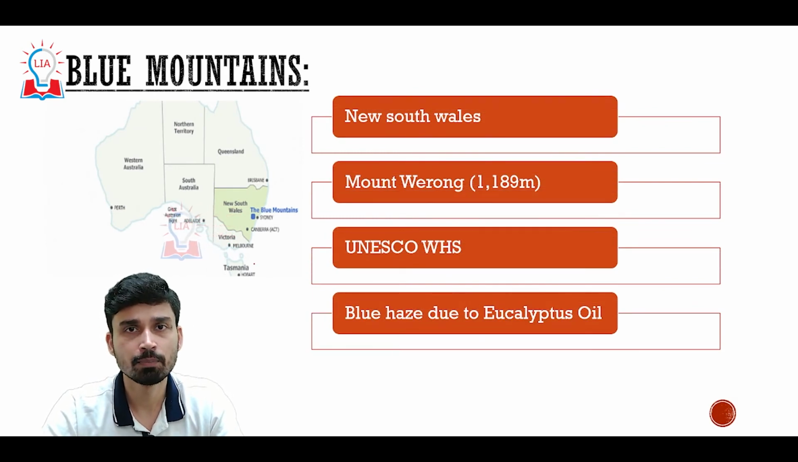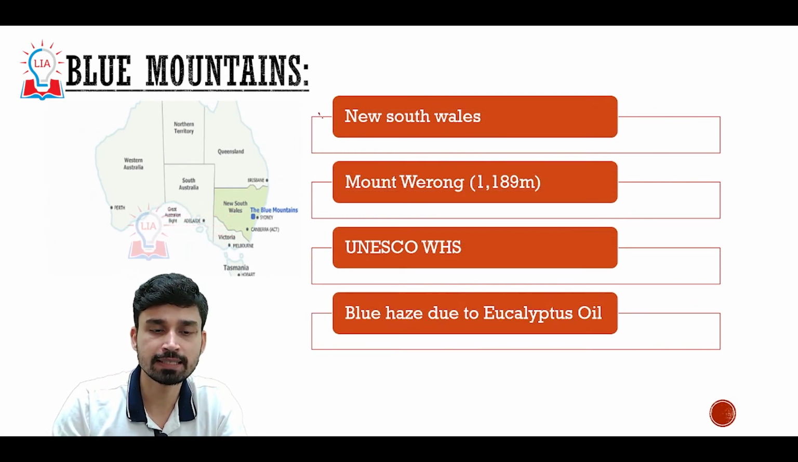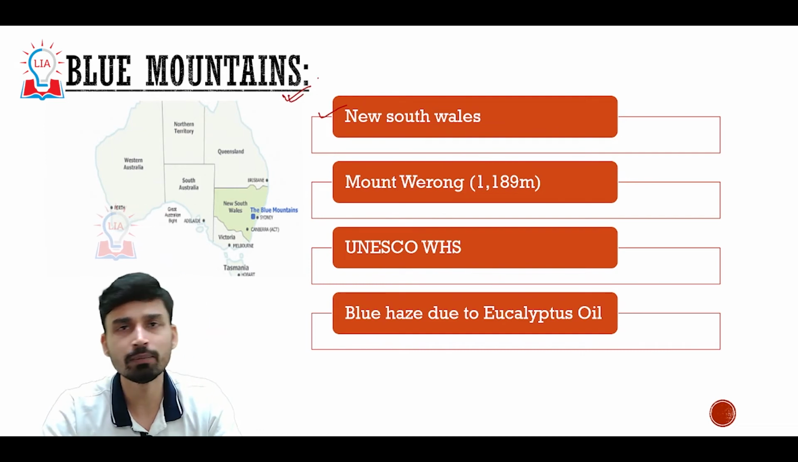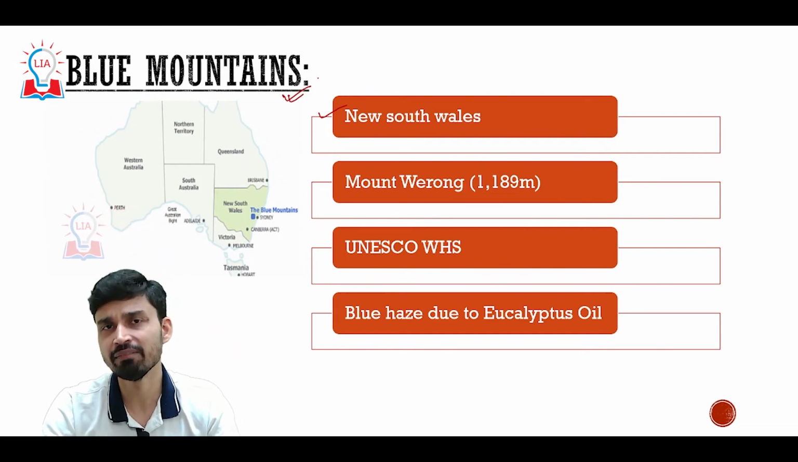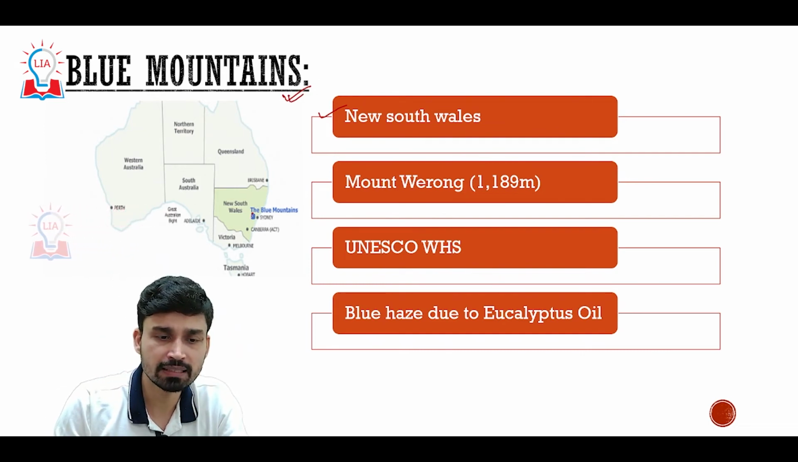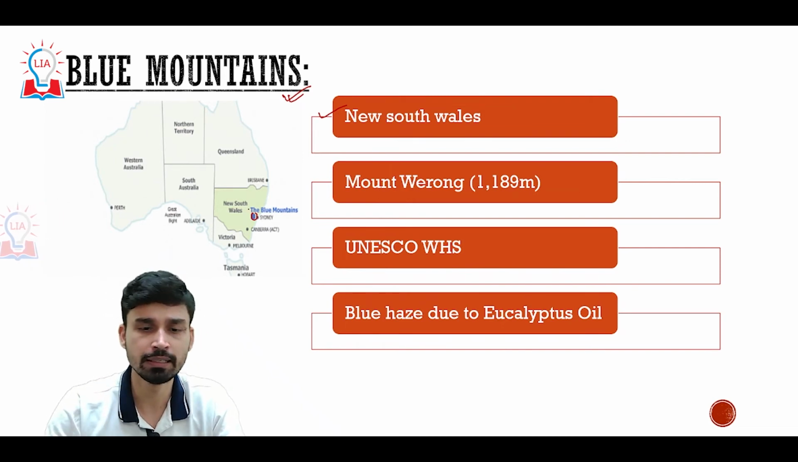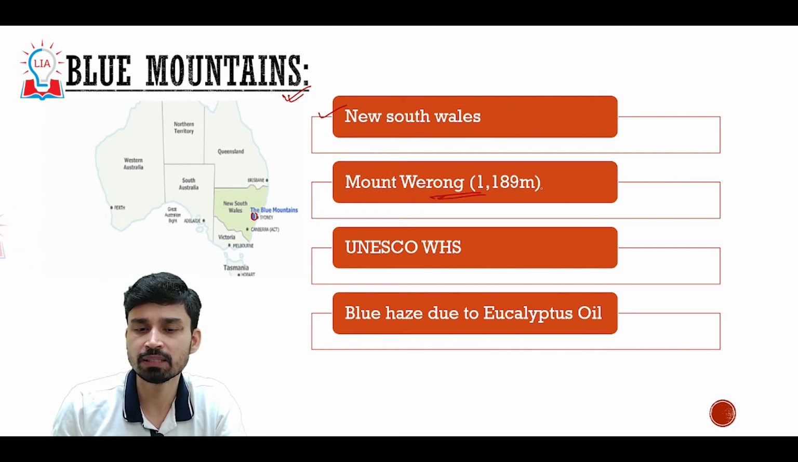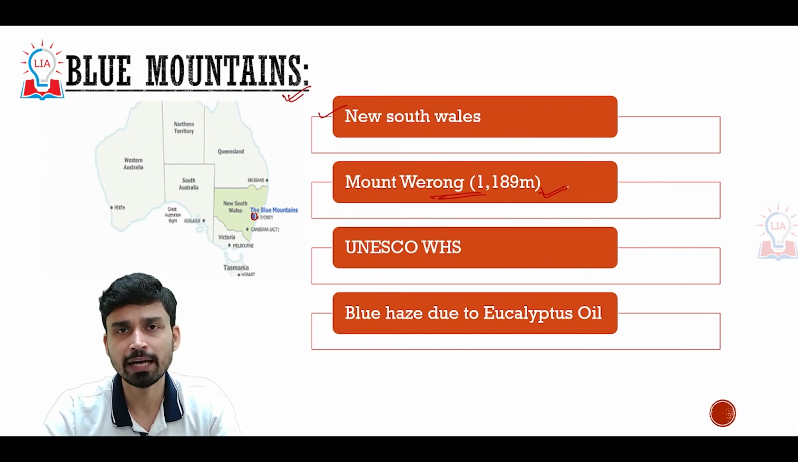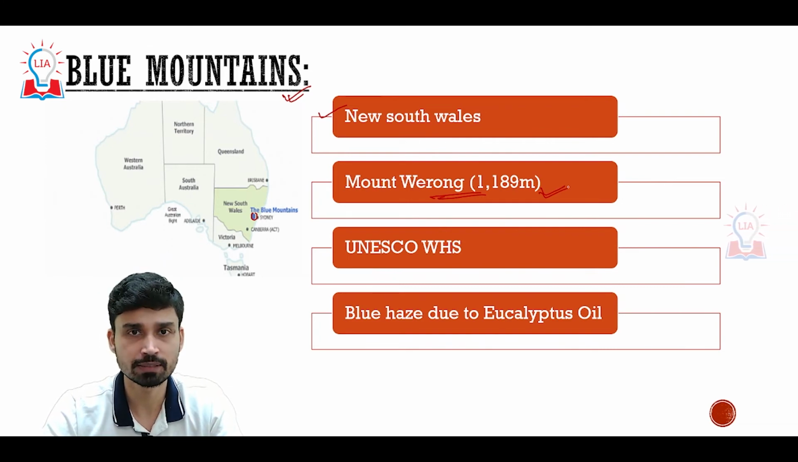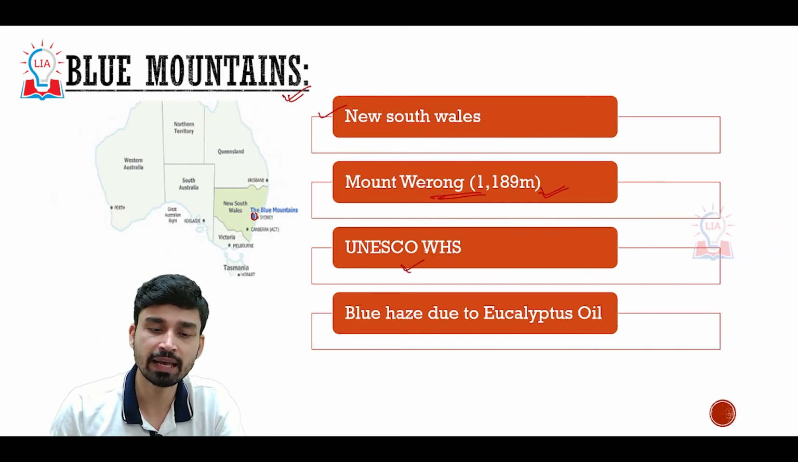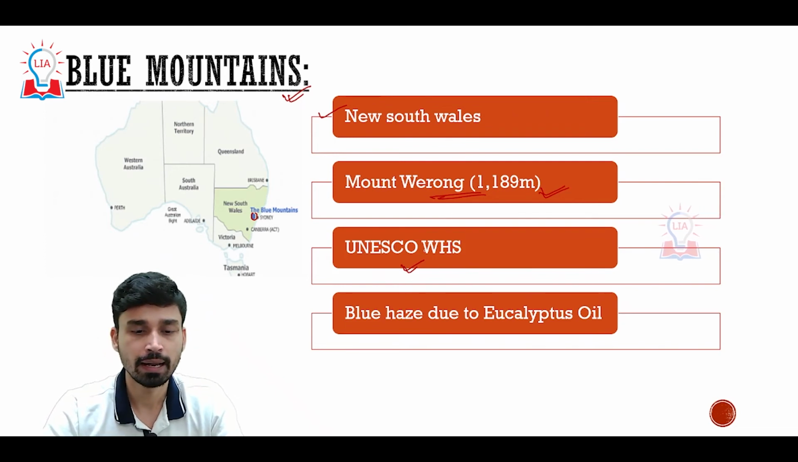The next mountain we have to understand about is something that is called Blue Mountain. Blue Mountain is actually believed to be a part of the Great Dividing Range, located near Sydney, almost 50 km from Sydney. And here the highest peak is something that is called Mount Werong at the height of 1,189 meters. This region has also been declared as a World Heritage Site by UNESCO,